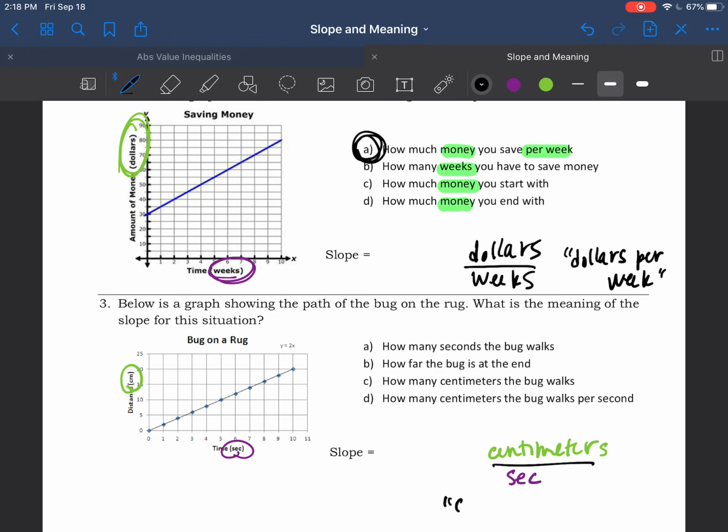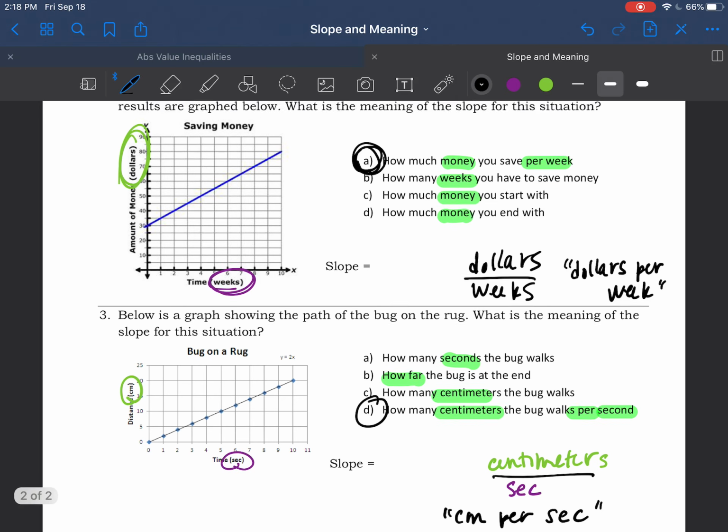So we're looking for a choice that says centimeters per second. Seconds, how far, how many centimeters, centimeters per second. So choice D. All right, now if we want to